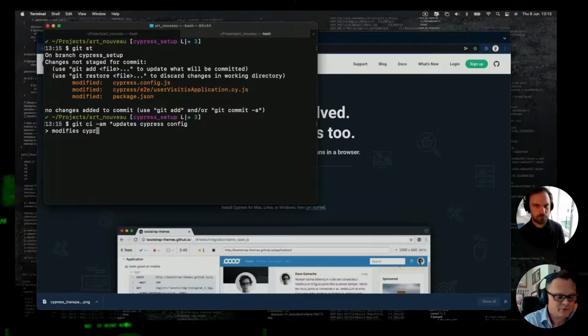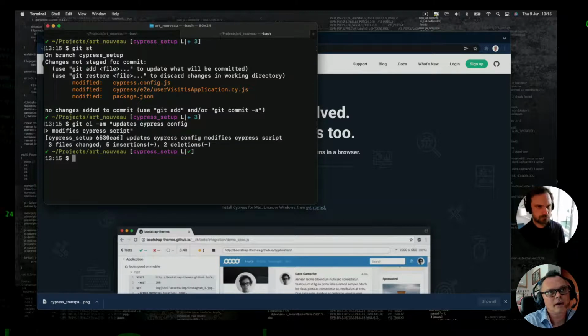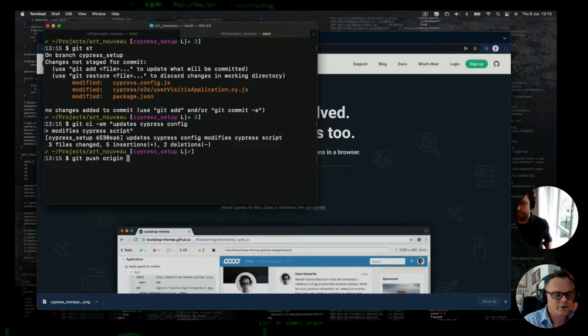Yeah, Cypress script. Okie dokie. And now I can do git push origin Cypress setup,